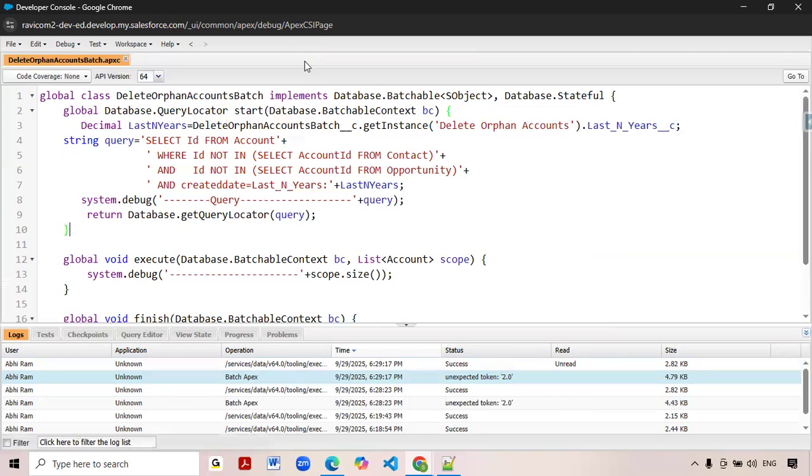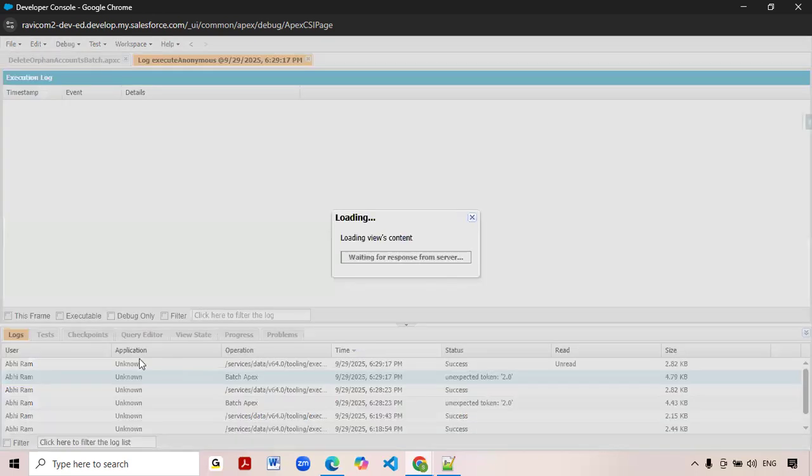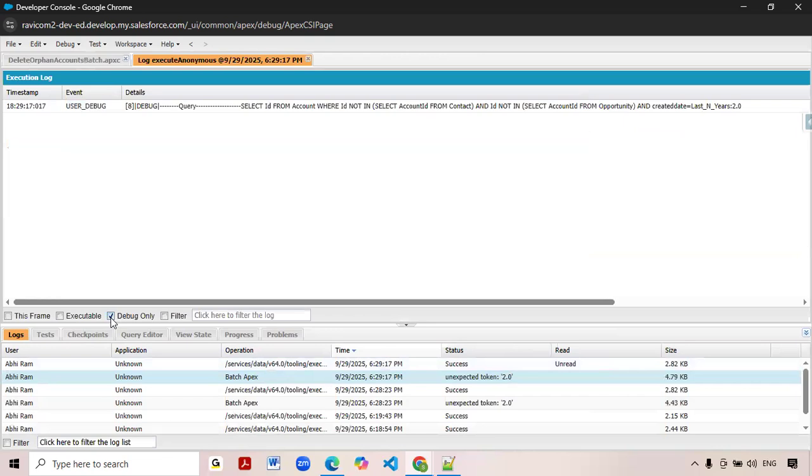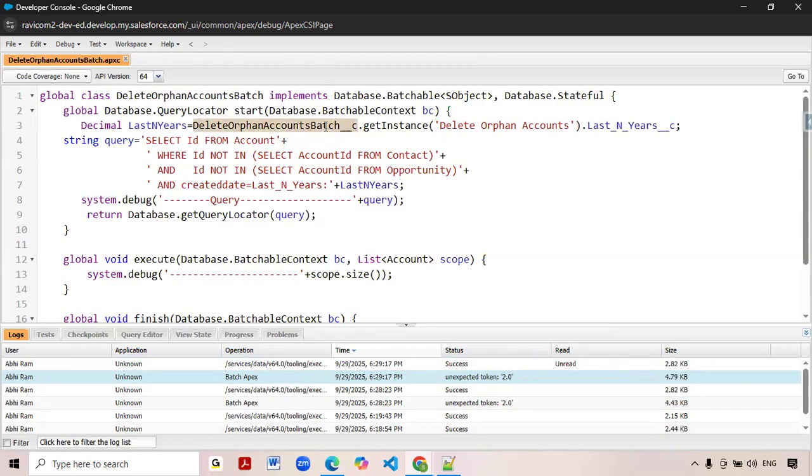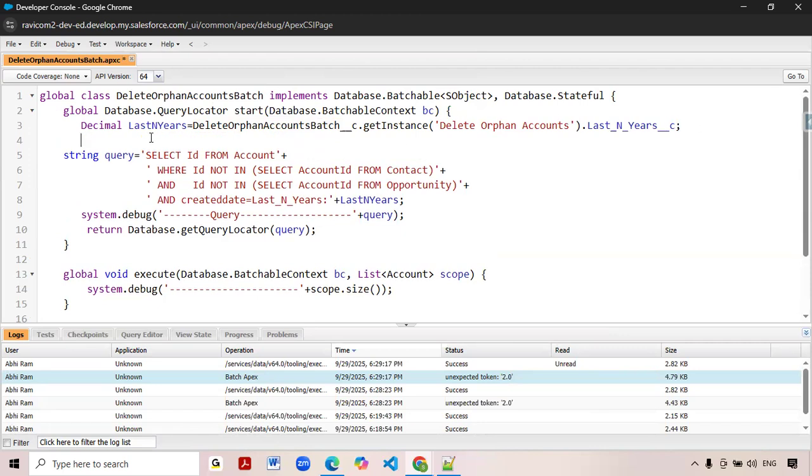Okay, I think so here, sorry. So here 2.0 is coming in the last 10 years. It is showing the unexpected token. Earlier also we had that unexpected token. So this is actually returned as a decimal value, so we can change it to an integer. Integer I last n years equals Integer.valueOf of